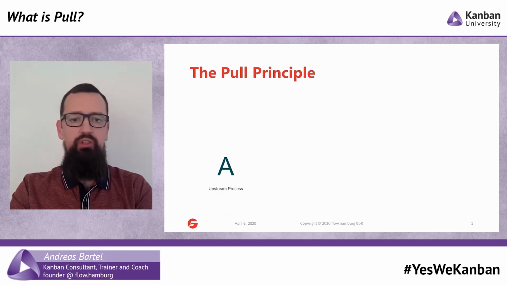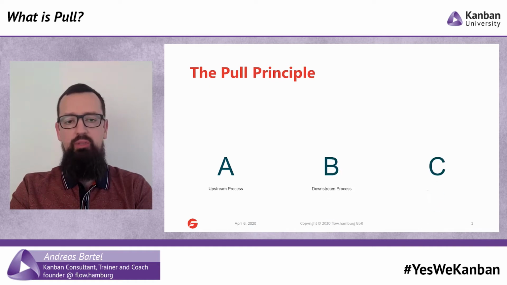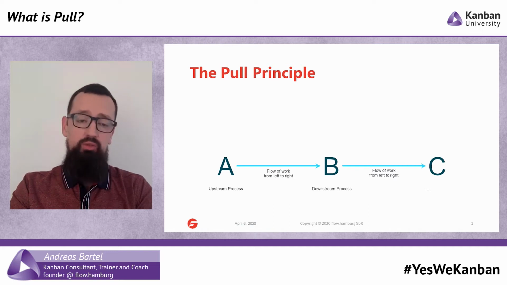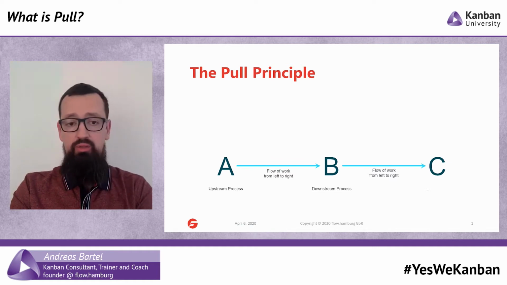Imagine a simple situation like an A process and a B process downstream, and potentially further processes like C, and how the work usually flows. We can see that the flow of work is from left to right, and usually when A produces something which arrives at B and further on, we might run into challenges, such that A may produce a lot more than B can actually consume. So there's an elegant solution that has been invented by the Japanese, specifically Toyota, through